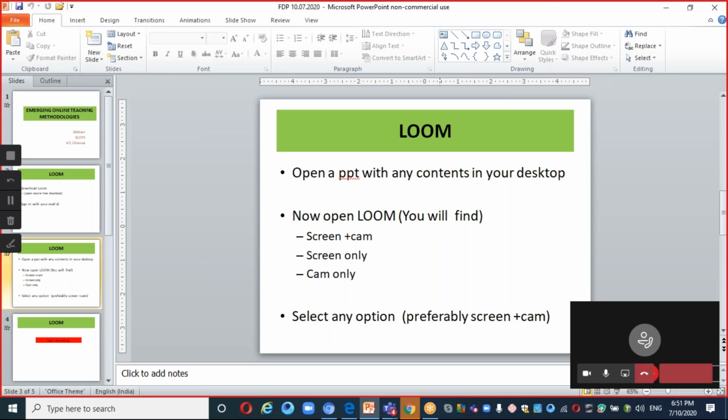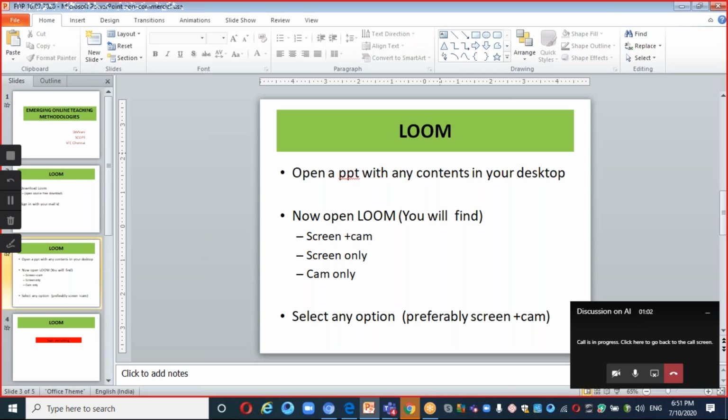So I have created a team called AI with some set of students and some of my colleagues. A team called AI has been formed. For that particular team, I want to conduct a meeting. If that is the case, go to the calendar, schedule the timings with the topic which you are going to discuss. At the particular time, go to the meeting. Just join, and you can share the PPT here.